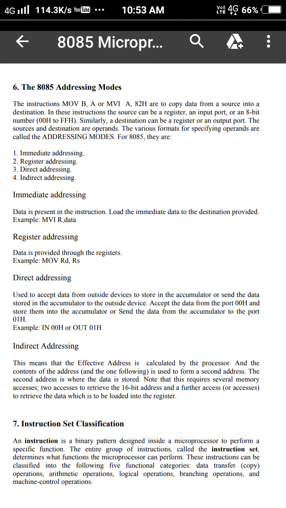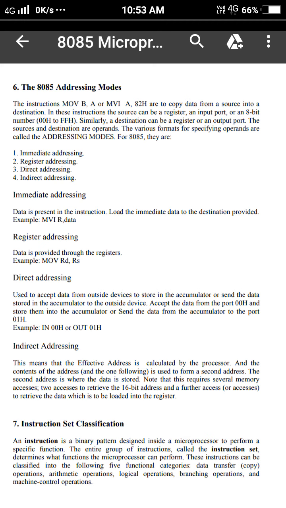IN 00H means read data from port 00 and store it into the accumulator. Whatever data is at port 00, it may be any data, will be stored in the accumulator. In case of OUT 01H, whatever data is in the accumulator will be sent to port 01. This is known as direct addressing.